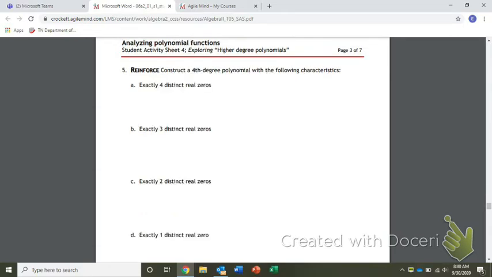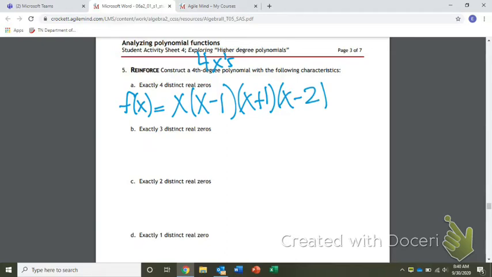All right, now I want you to do or try D on your own. All right, if you go to page 127 on number 5, it tells us to construct a fourth degree polynomial with the following characteristics. So a fourth degree polynomial is going to have 4 x's. Okay, so first one's going to be the easiest one. Exactly 4 distinct zeros. So I am just going to do f of x equals x minus 1, x plus 1, x minus 2. My zeros would be,